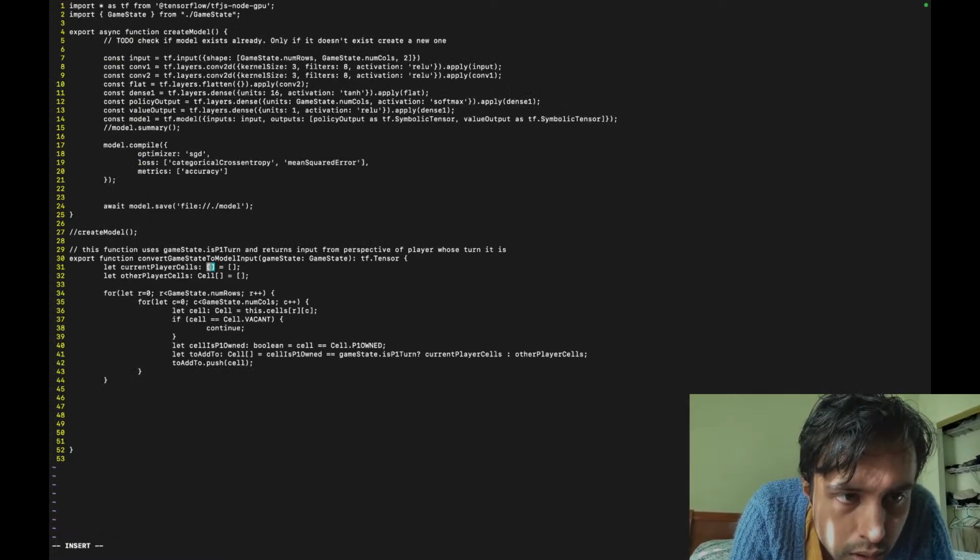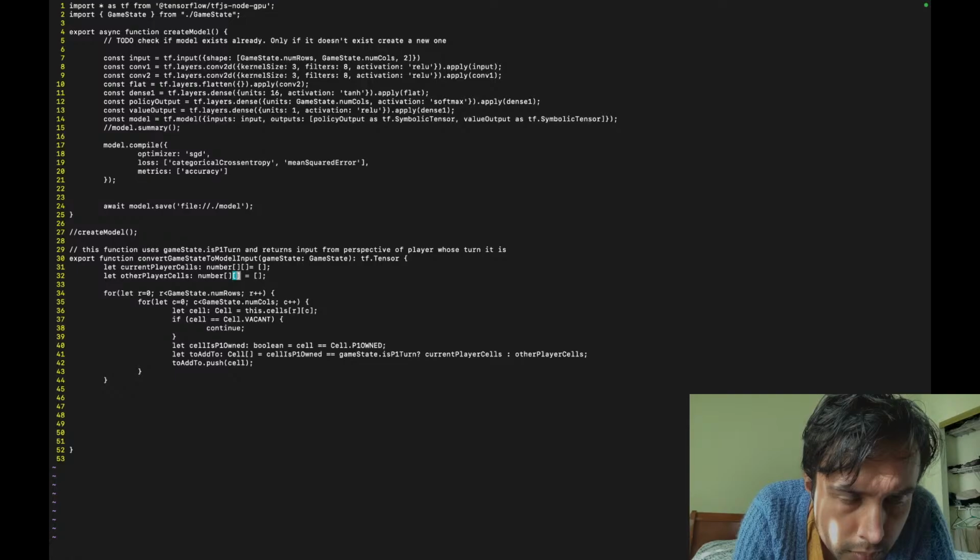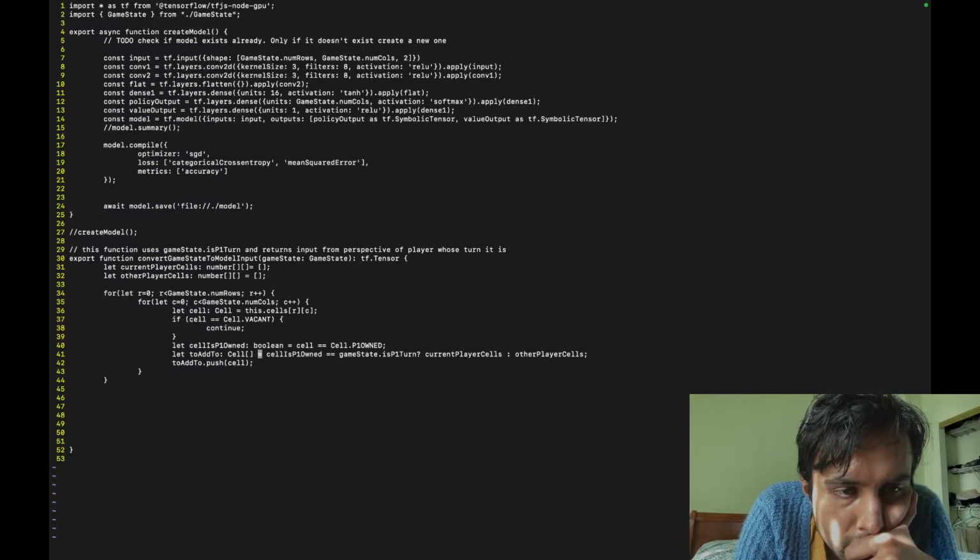An integer, but I'm not sure TypeScript has an integer type, right? We have to add the actual coordinates. Let's just initialize it, right? Let's just set this to a bunch of zeros.